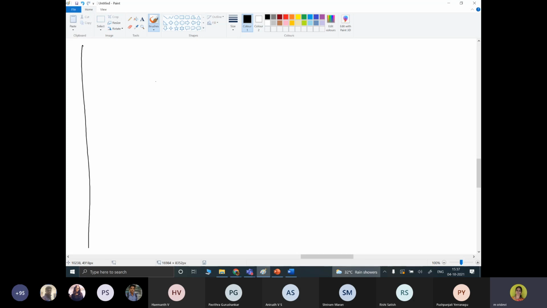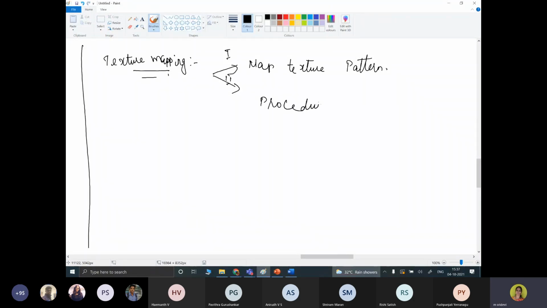Now coming to the texture map, how are we going to make a texture? We can call it a texture map or texture mapping. There are two different ways by which we can generate a texture map. One is the map texture pattern, and the second way is the procedural texture method.